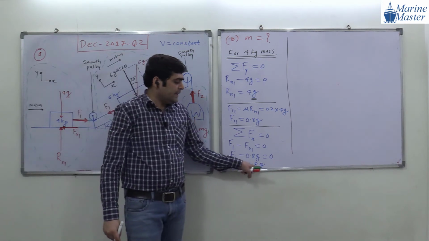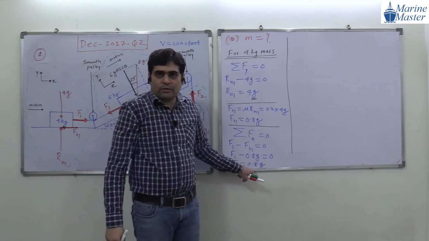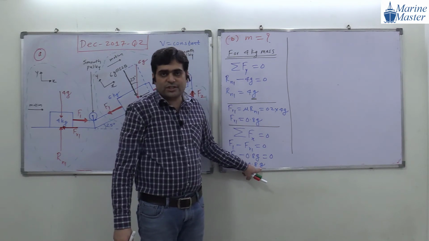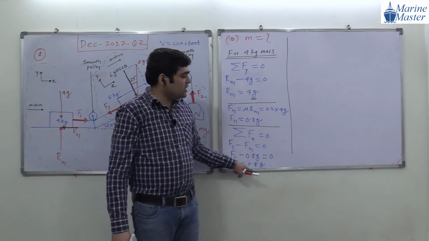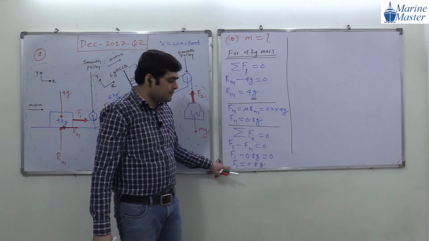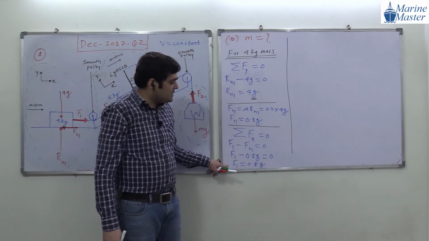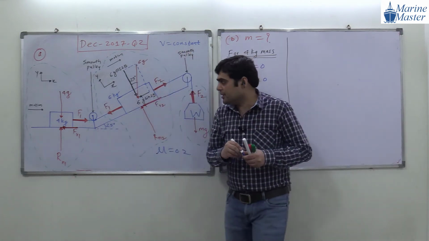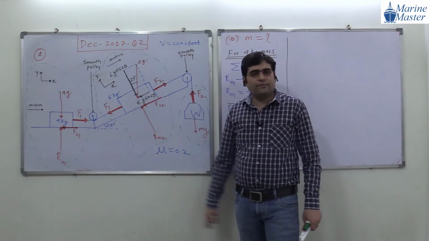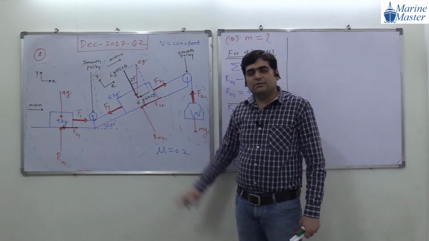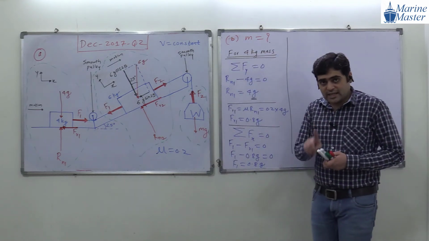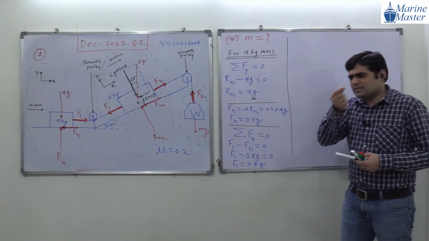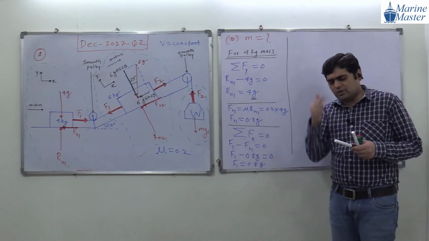So what we got, guys? We got F1 in terms of g. G is not a gram. Here g means acceleration due to gravity. So we got F1 in terms of g. Try to see the scenario here. Now then what are we going to see? We are going to see the 6 kg mass. Okay. See, the 6 kg mass story is a little bit complex. Not that much complex, a little bit complex.